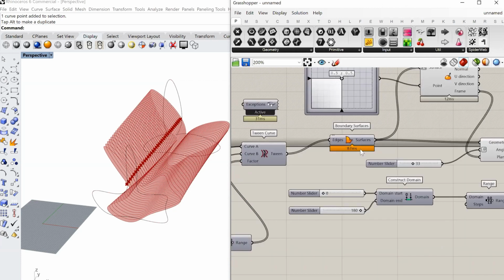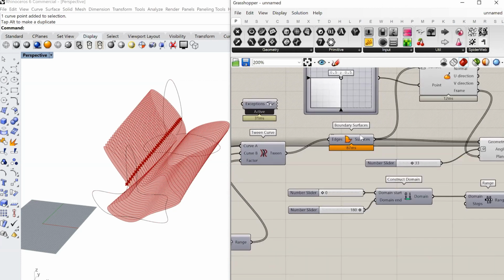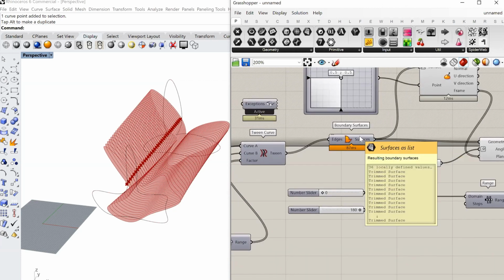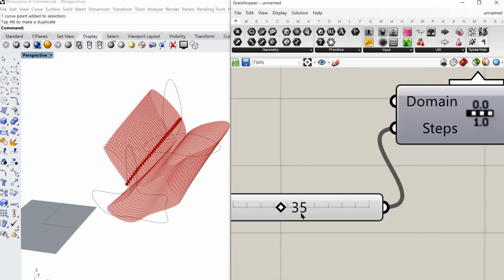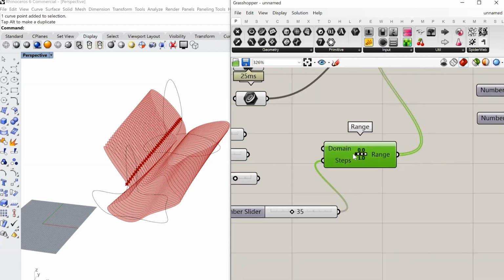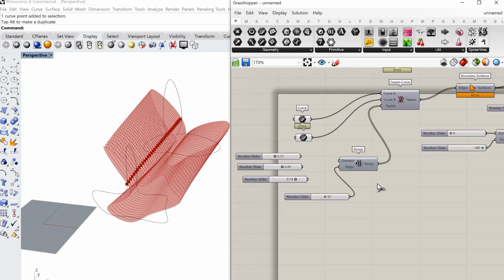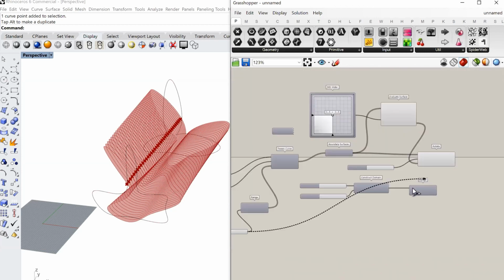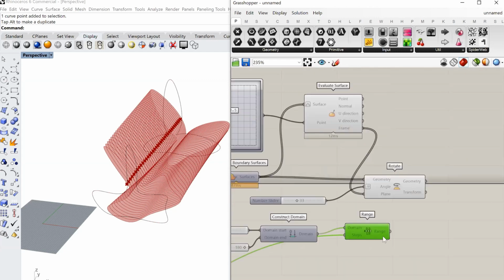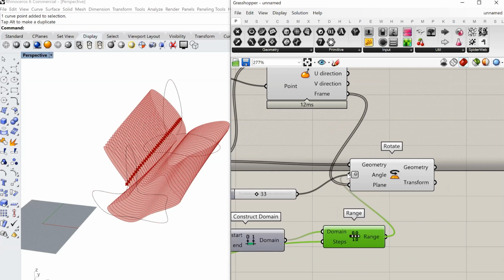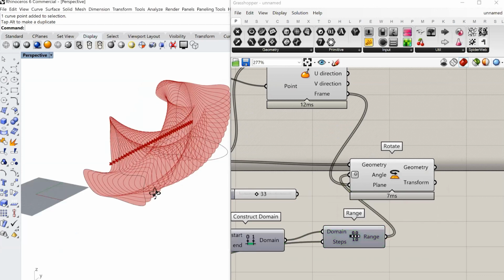Oh, I will need a list item. List length. And do minus 1. So this is 36 here. I have a 35 number here already because I'm using the steps here to create the tweens. So I can simply use these steps, and I don't even have to do an x minus 1 because I'm using one less step. And I use all of that as my angles.